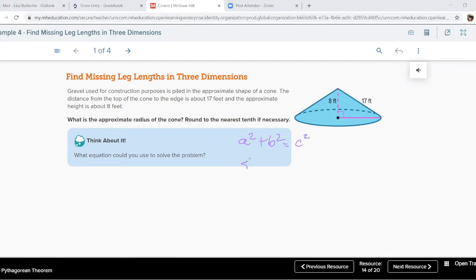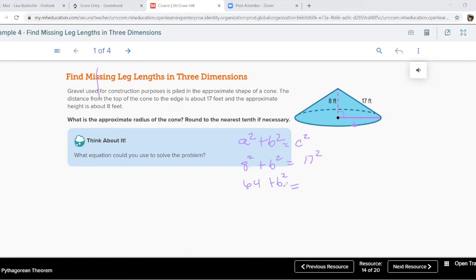So we have 8 squared plus b squared, because right here would be our b, equals 17 squared. So 8 squared is 64. So we have 64 plus b squared equals 17 squared